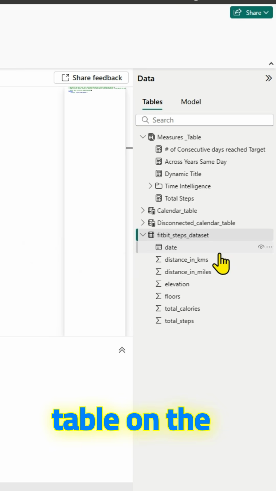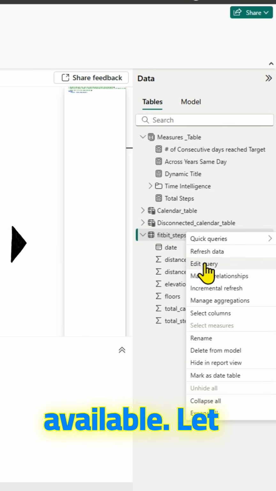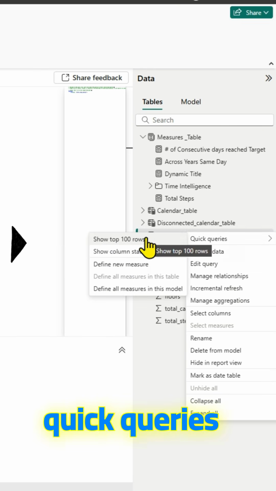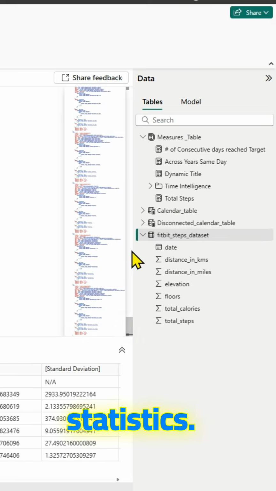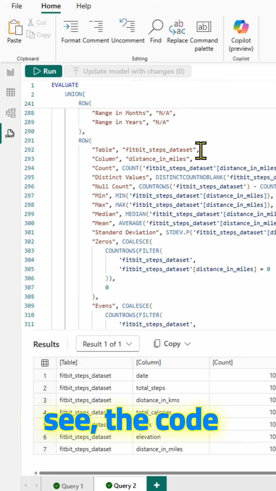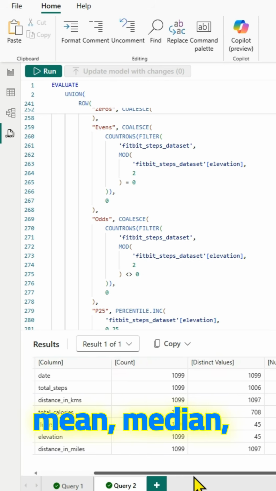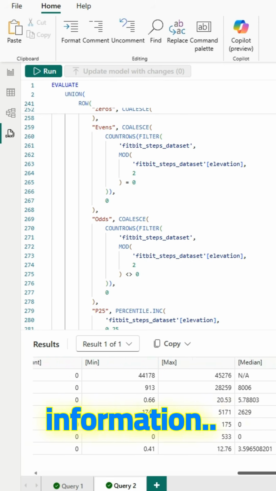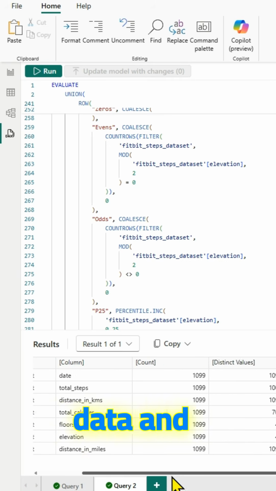If you go back to the table on the right and click on three ellipses, several options are available. Let us select quick queries and let us try to click on show column statistics. And as you can see, the code is pre-populated. There is a lot of information here, and you have your count, your mean, median, etc. A lot of statistical information. In case you haven't started working on your data, it's pretty helpful to look at the data and understand